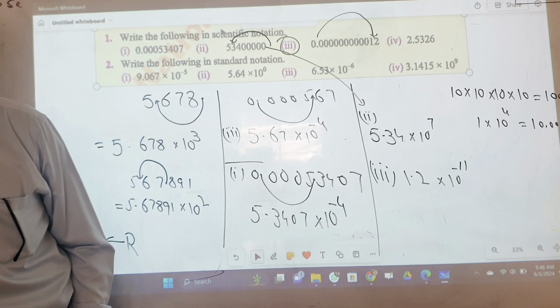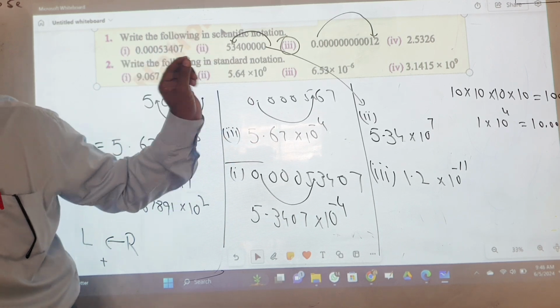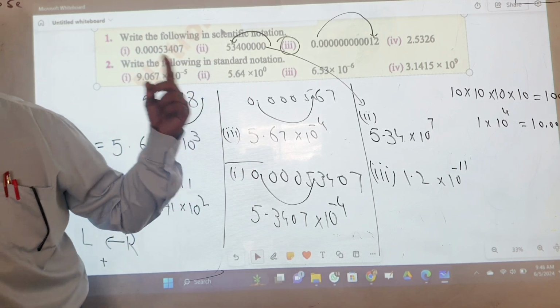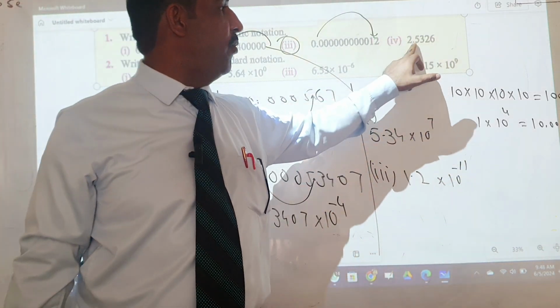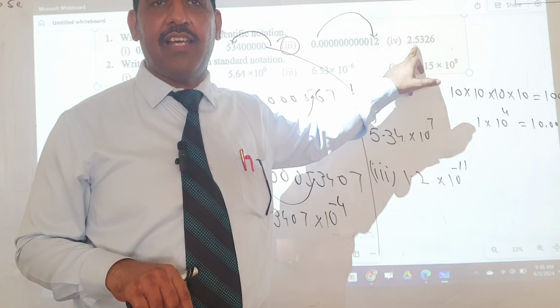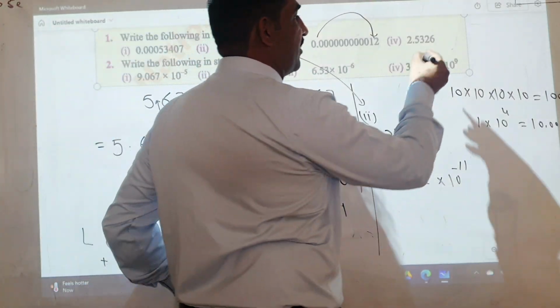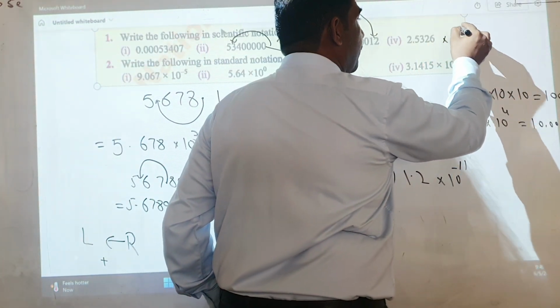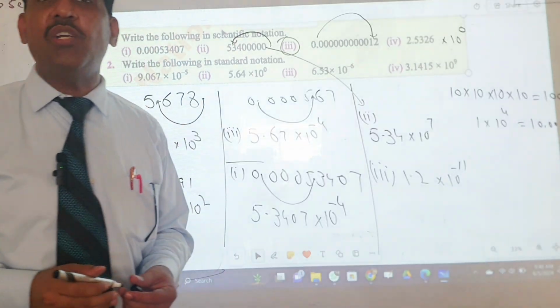5.2.5. No, sir, is correct, because the decimal point is already after one digit. Our rule is that we apply the decimal point after one digit from the left-hand side. Its decimal is already here. At maximum you have to write in the scientific notation 10 exponent 0, because there is no need to change